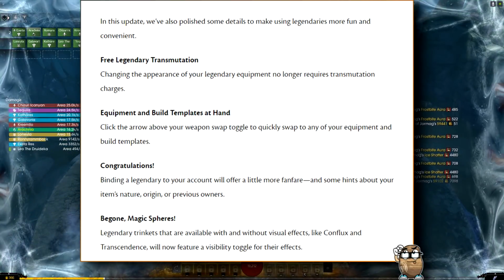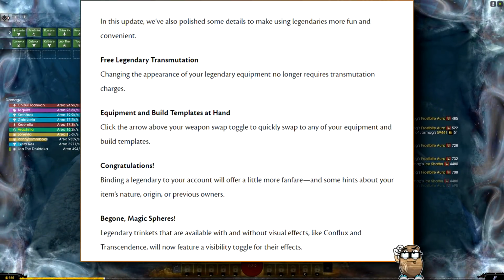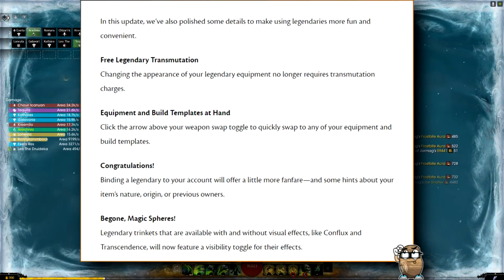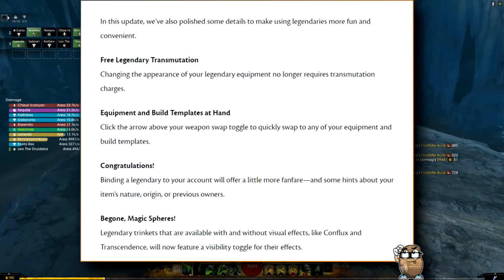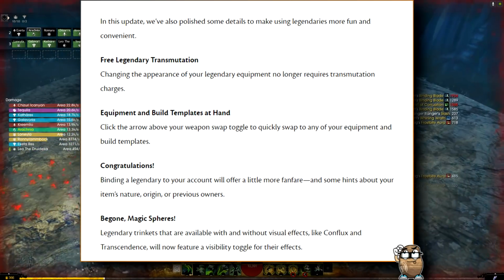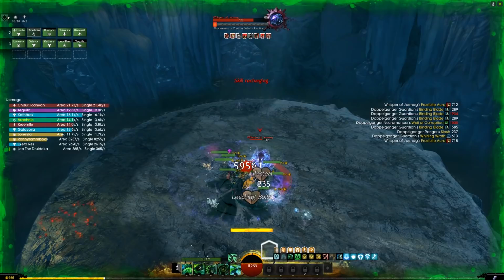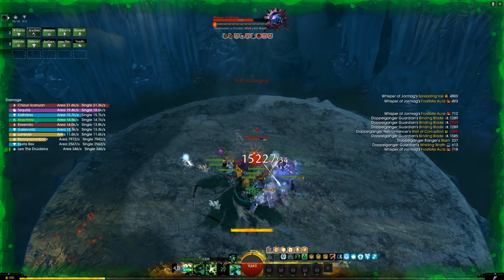Now there are already hotkeys for this. You have to do a separate hotkey for a build and a separate one for an equipment template. Binding them together isn't a thing, which really sucks because you're obviously going to want to use both. If this new feature does two at once, I'm going to be using it all the time,